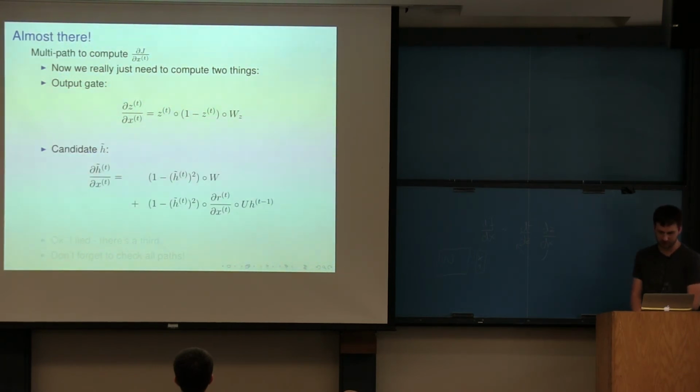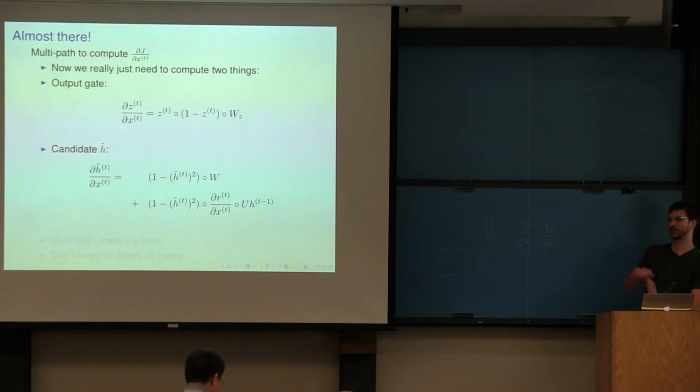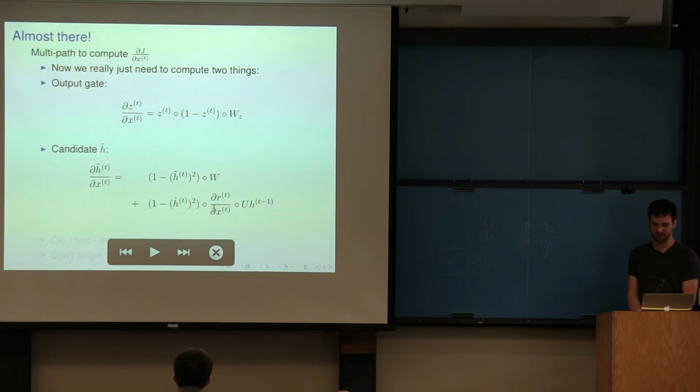Now for h tilde, we have to take into account that there are two terms. So naively, we have the same thing. This is the gradient for tanh, and we element-wise multiply it with the matrix w that gets applied to x. But the problem is it also depends on r. And so we've got to go one more step back in the chain rule and account for dr dx. So again, you go through the nonlinearity and then you take this gradient and then you do element-wise multiplication with the thing that was on the right of that.